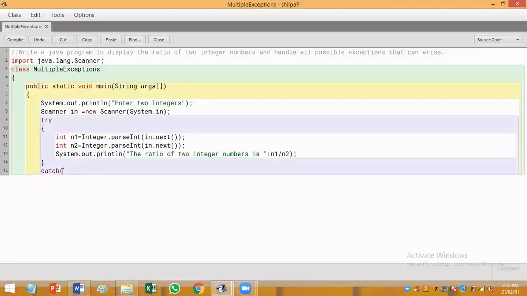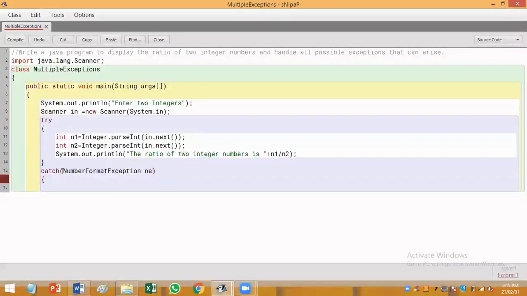So to catch that exception, I create an object of the NumberFormatException class by writing NumberFormatException, an object I'm going to create. Okay.